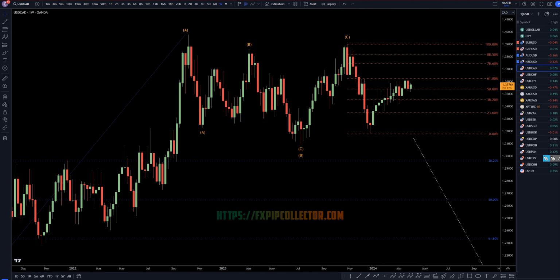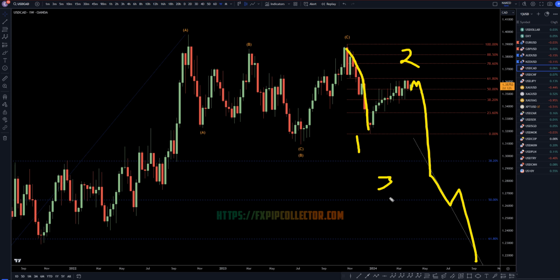Going down to the weekly time frame, this move up looks extremely corrective, especially compared to this move down, which I think is a 1. I think this move up is a 2. I think this is a 1-2 of C or possibly a 1-2 of 3. I think more likely a 1-2 of 3 though. A 1-2 of C, I mean. So a 1-2-3 of wave C is what I expect to see on the weekly.